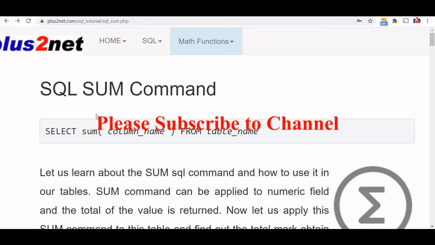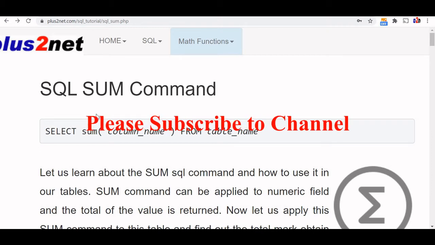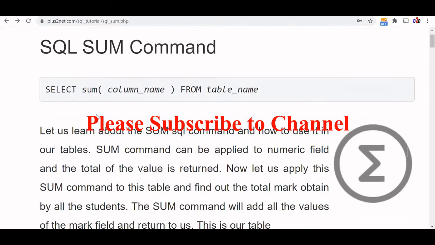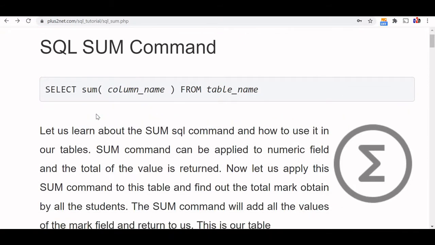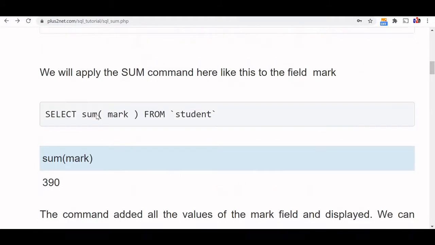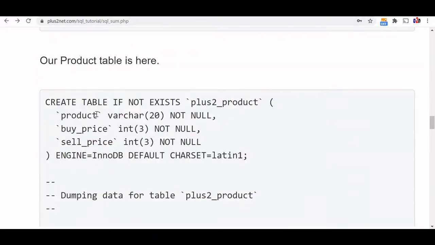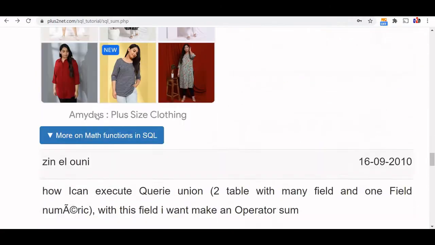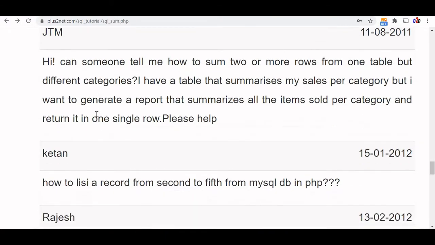Hi friends, users have asked several questions in this particular page about the SQL sum on a single column and on multiple columns. These questions are beautiful questions, so we'll try to answer them and see what best we can do. So let's start. One question is how can someone tell me how to sum two or more rows from